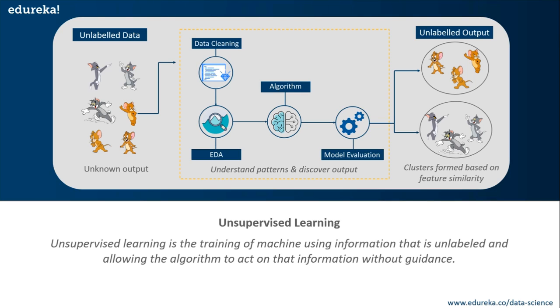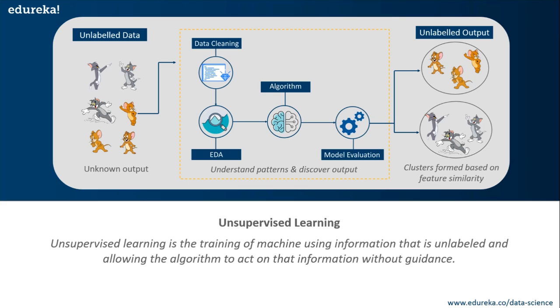For example, it identifies prominent features of Tom, such as pointy ears, it is bigger in size, and so on. After it understands that this image has pointy ears and bigger size, it will classify that image as type 1. Let's say it will classify that image as the first type. Similarly, it finds features in Jerry, such as it's smaller in size compared to Tom, and it understands that this image is different from the first type of image. That's how it classifies the images into two different classes without knowing who is Tom and who is Jerry.